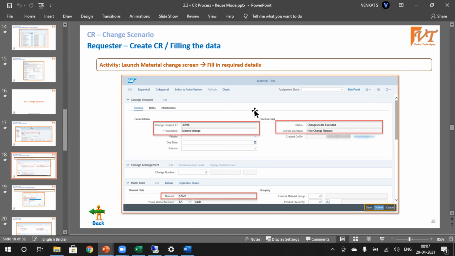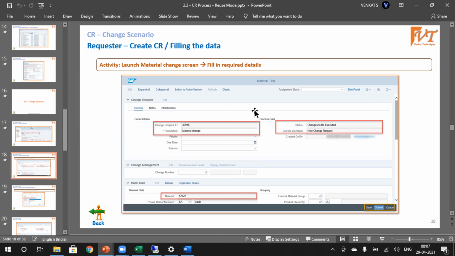And coming to the second question, what might be the issues that we face in real time? The first issue, authorization issues, will get resolved when we are doing the unit testing or quality testing in the QA environment initially.